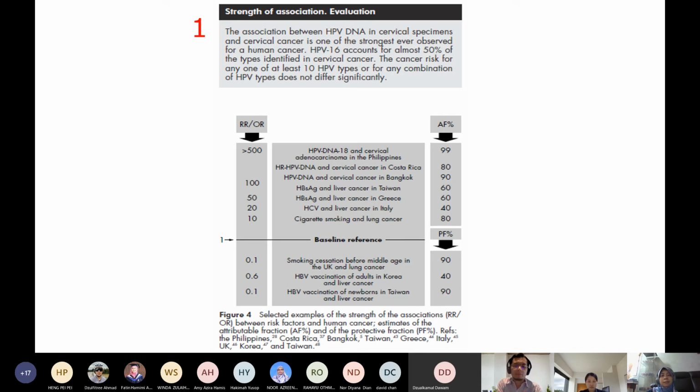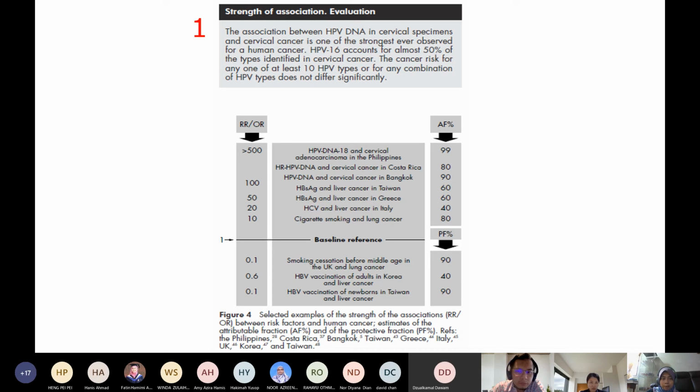Okay? Example here. The association between HPV DNA in cervical specimen is one of the strongest observed in human cancer. This is linking the association of a virus towards cancer, and it's this strength. See, these are all the studies. For example here, HPV DNA 18, RR or OR more than 500 is very, very high. In Costa Rica, in Bangkok,